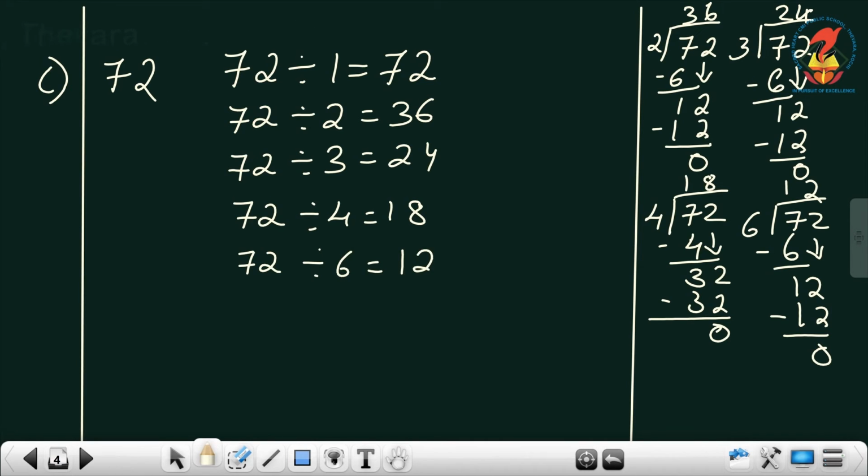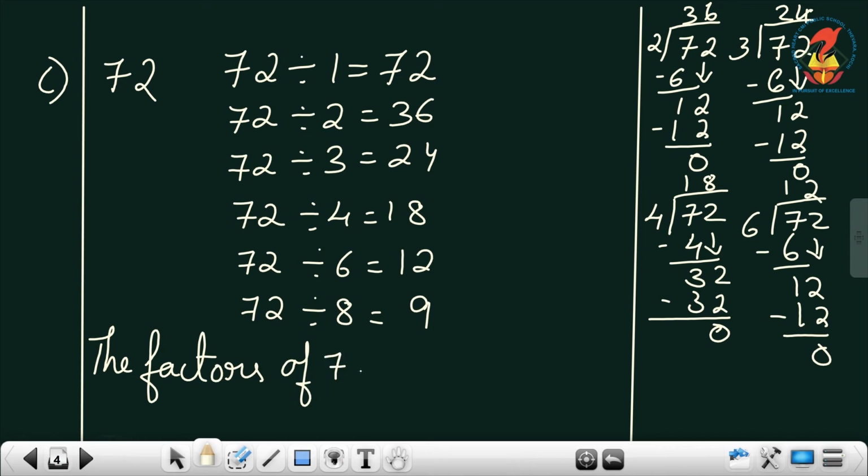Then 7's table, is there 72? 7 10's are 70, 7 11's are 77. So 72 is coming in between, surely 72 is not there in 7's table. Then 8's table, that you should know, you don't have to divide. 72 divided by 8. 8's table, where you get 72? 8 9's are 72. Okay. Again coming to 9, it becomes a repetition. So we stop here.